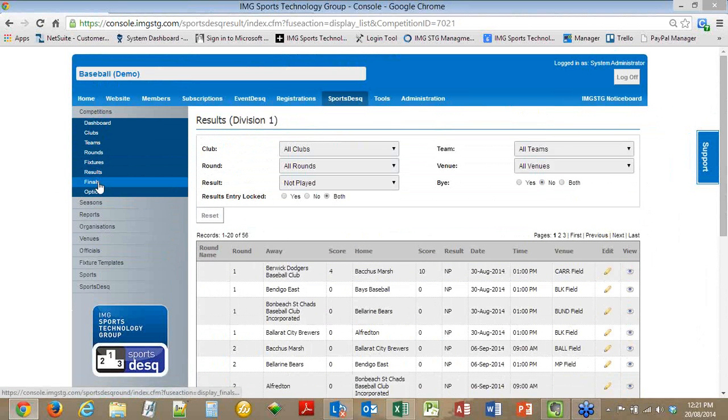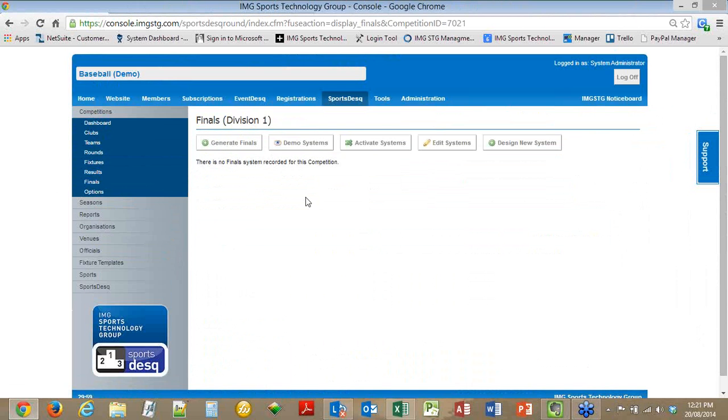I'll now go into generating a final series. So on the left hand side you can see I have a tab there for finals. When generating finals, we have some pre-existing templates which can be used, or you can create your own. If I click on Design New System,